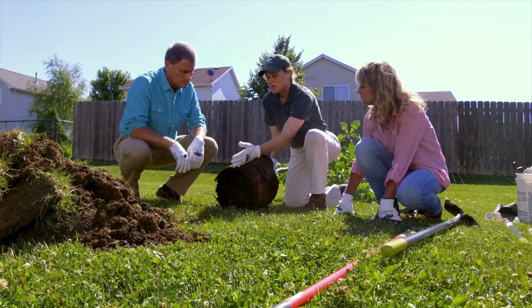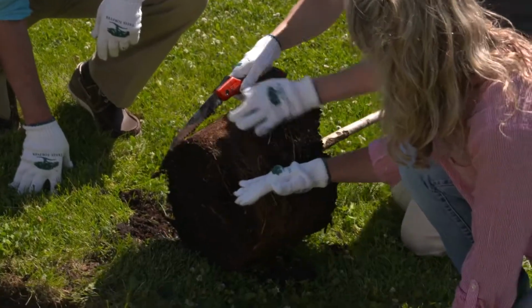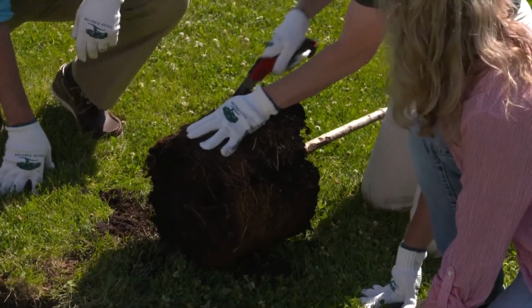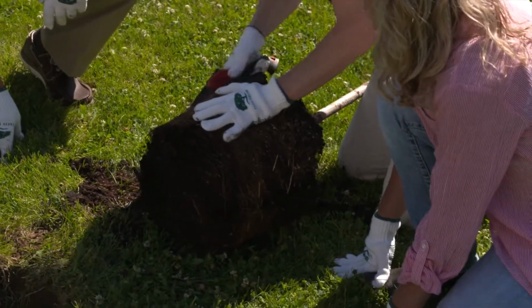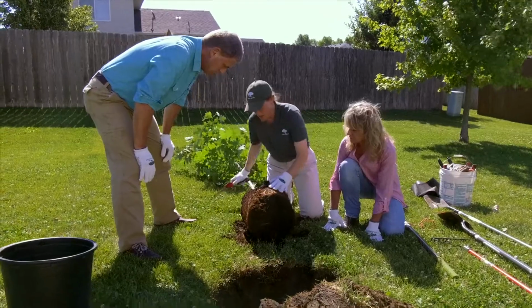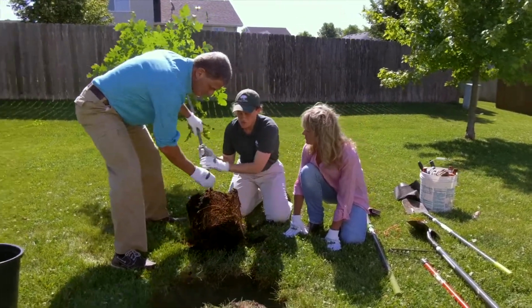And so we're gonna make a couple of slices around the tree here. So you're just kind of gently going through maybe a quarter of the way through the root ball. Yeah, about a quarter of the way, just kind of severing those roots here in 3 or 4 places. Okay. And then the second thing that we want to do related to the roots, we're going to stand up